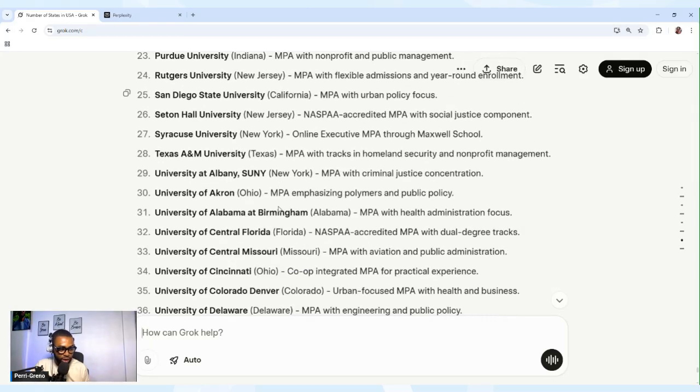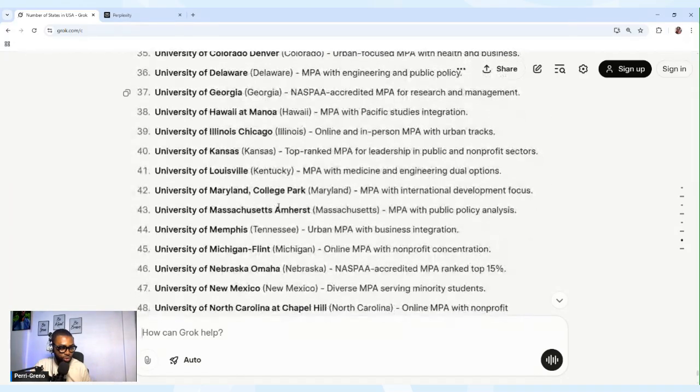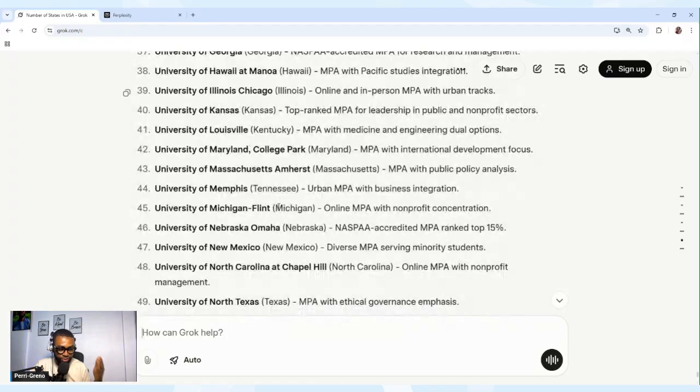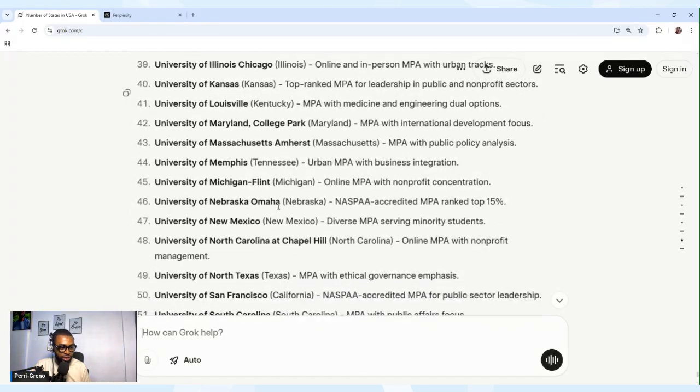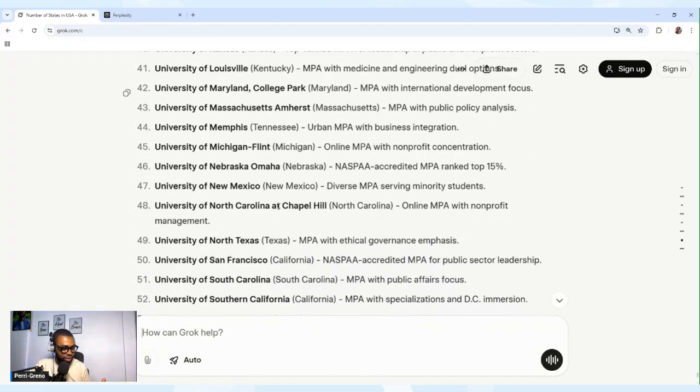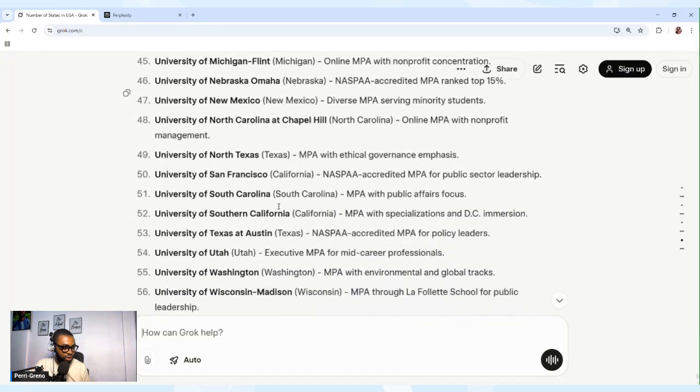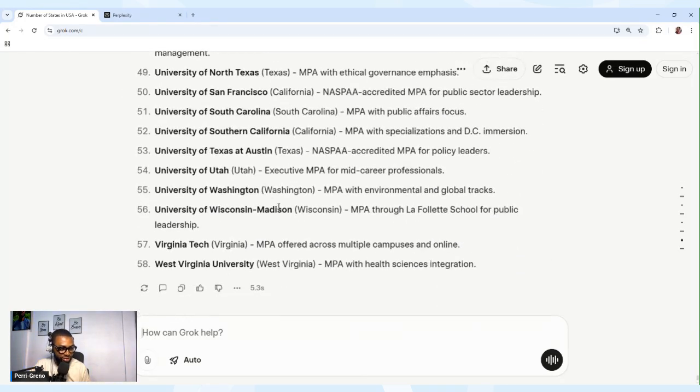So we told AI to give us a list of 50 MPA programs in the above listed universities, and AI gave us 58. The last on the list, number 58, was West Virginia University, an MPA with health science integration.